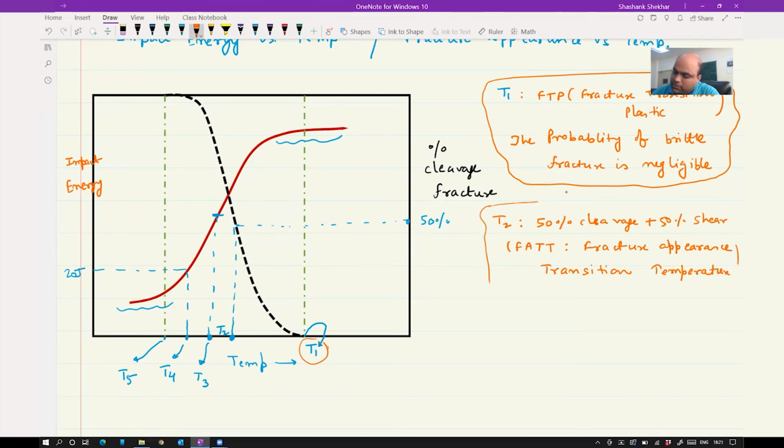Okay, so this is your T2, which corresponds to this particular point where you are going to observe 50% cleavage and 50% shear. Now T3,